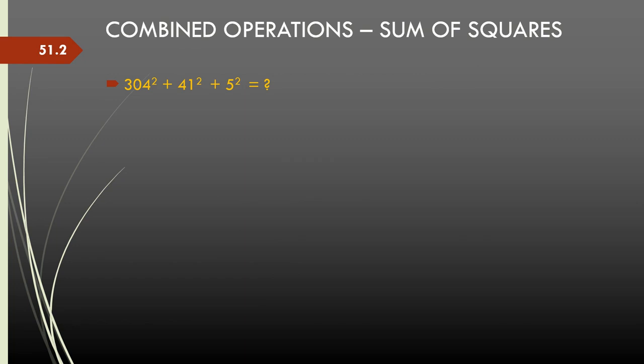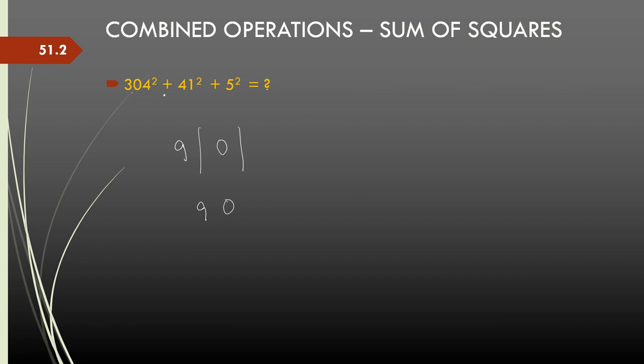For example, let's say we are doing 304 square plus 41 square plus 5 square. Now we know 304 square will have 5 parts, whereas 41 square will have 3 parts, and 5 square will have only 1 part. So I have to bear that in mind as I add the parts. I can start on the left. The leftmost part is 3 square, 9. Only one number has 3 digits, so it can directly go into the answer. Then for the next part also there is only one number, 304, so 2 times 3 times 0, that is 0.